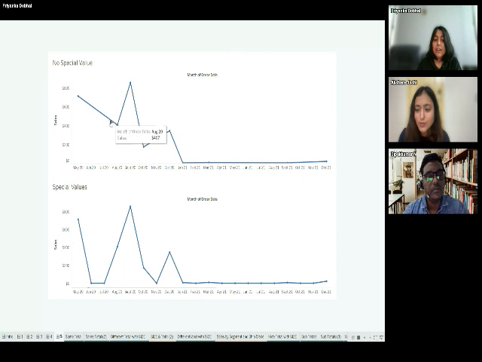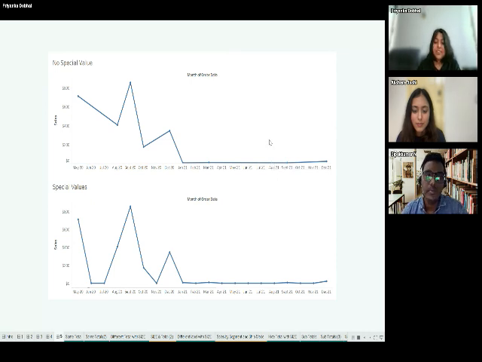But Tableau does not show me that. It's basically connecting the line directly. Ideally, I should have seen zero for those 2 months. And if you see here as well, I have March as 9 and then directly September as 7. There's no in between months over here. So this can actually cause some confusion. We should try not to present the wrong data. And I'm not saying this is wrong data, but this line dropping from here is not showing me the point that actually my sales were zero in those 2 months.